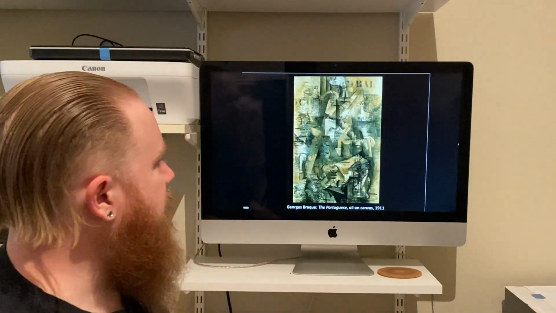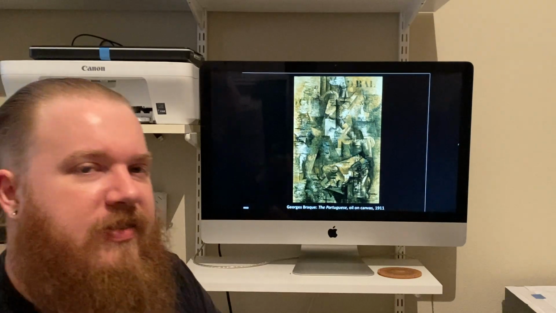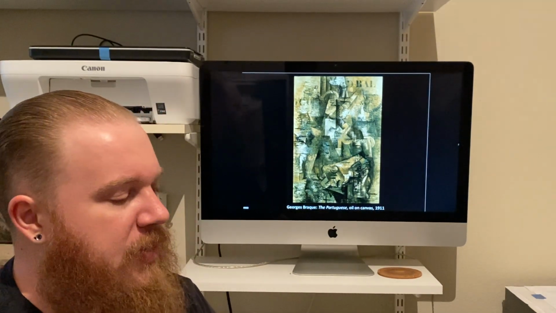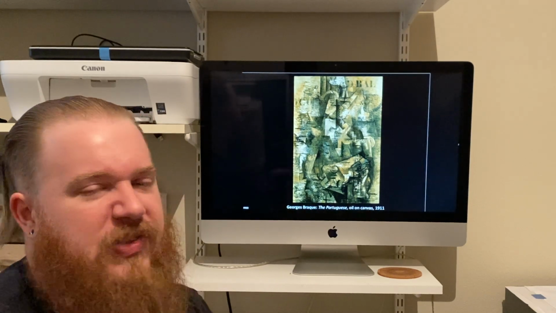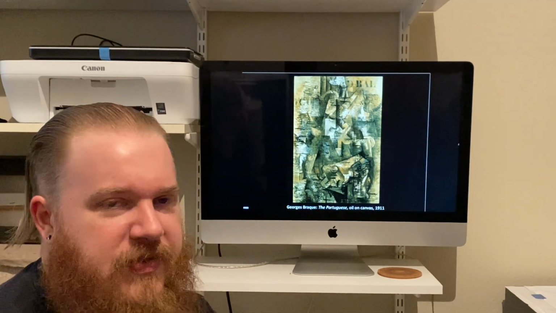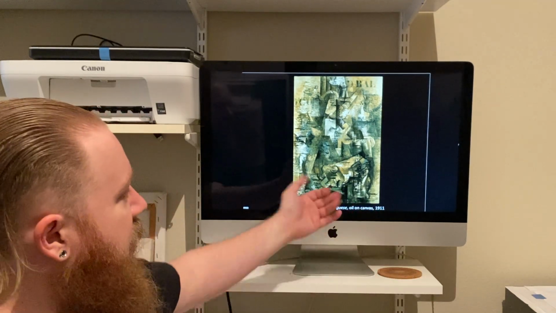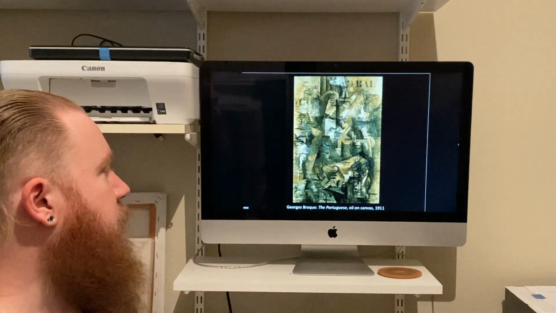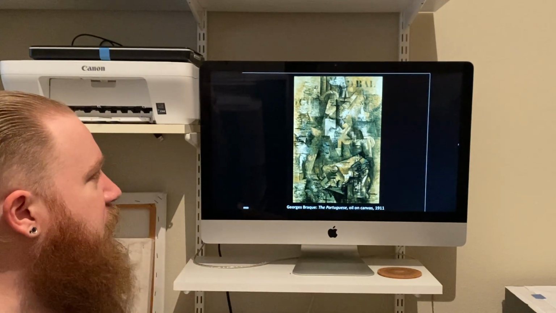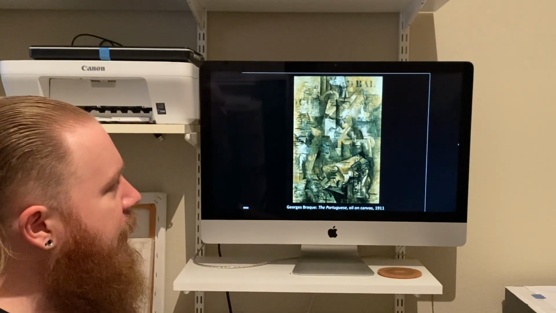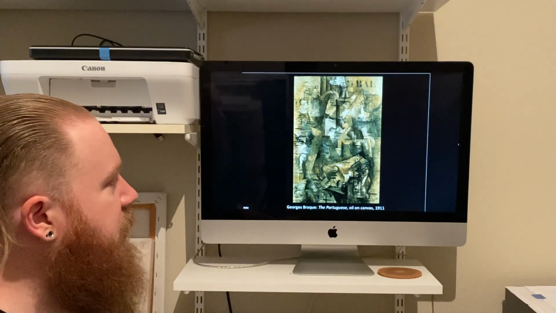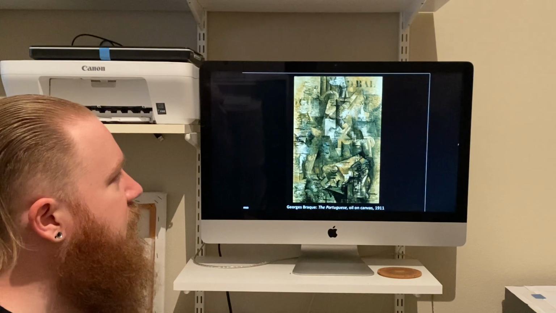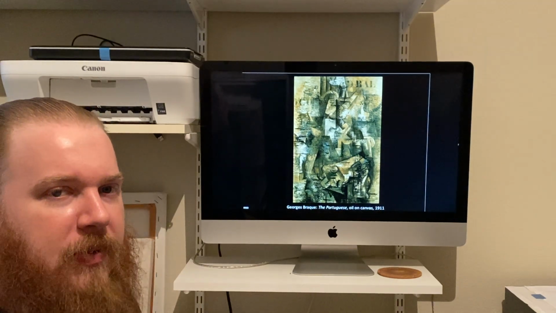But it's at this time that Picasso and Braque's work becomes very hard to distinguish. So a lot of it, they're working side by side, they're using the same color palettes, they're doing a lot of the same things. But here we can see a work that's very typical of this period of analytical cubism. And this one is The Portuguese by Georges Braque. And it might be hard to see in this particular image or on the screen, but this is actually meant to represent a Portuguese man playing guitar.